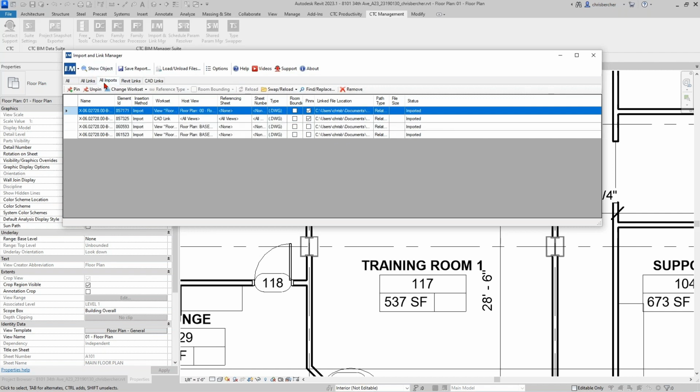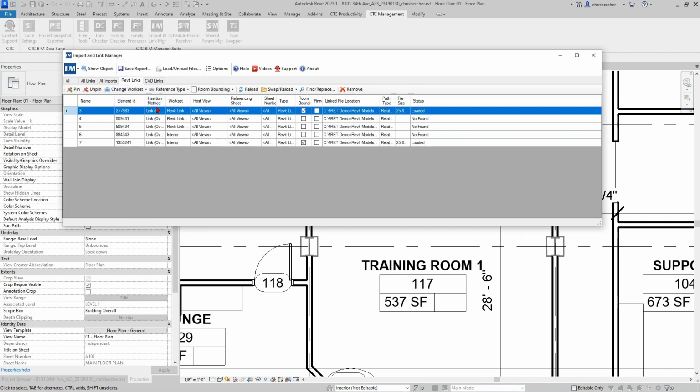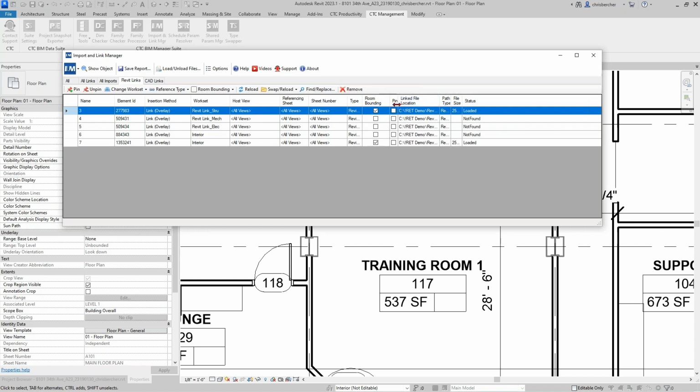So a couple of different ways to go about it. With Revit specifically, what I like here is I can find out what everything is, and it'll tell me what workset it's on and what sheet. With Revit, you're always linking to the model, not to a specific view. So some of these will be redundant, not necessary. What I really like about this is the room bounding and the pinned options and the ability to change the